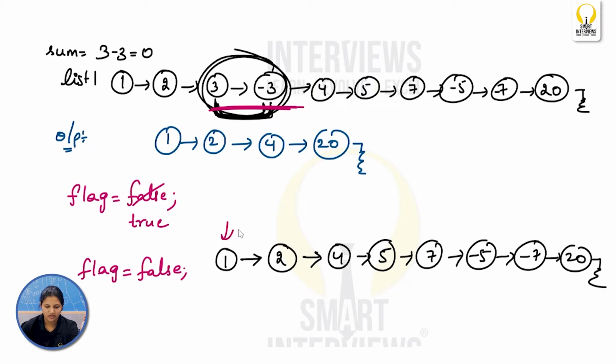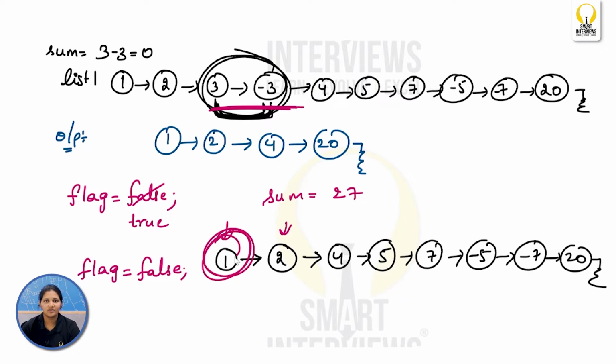So you are here and your sum variable is 0. When you are here, sum will become 1. Now next time, when you are here, sum will be 3. You are here, sum will be 7. When you are here, sum will become 12. Sum will be something like 19. If you do minus 5, this is 14. Minus 7, this is 7. If you add plus 20, this will become 27. So that means